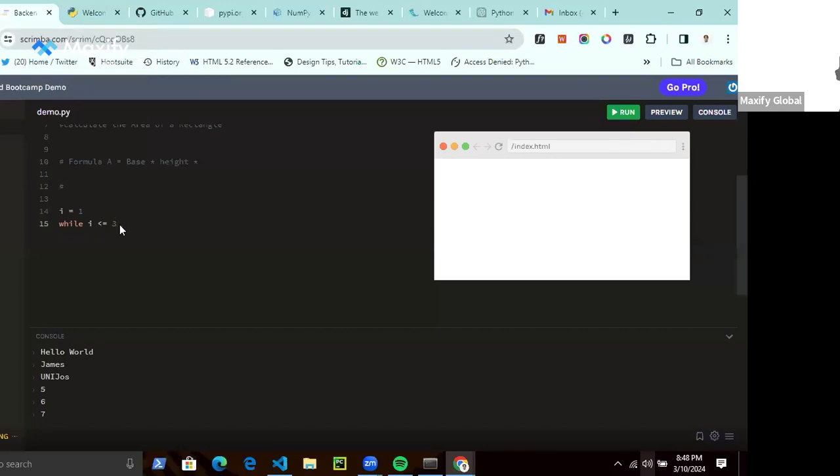So what this code is doing is checking a condition: while i is less than 3. Initially, i is a counter that is equal to 1. So at this point, i is 1, right? We assign the number value 1 into a variable called i, or index. You can call it index. So as long as 1 is less than 3, this block of code should continue to run.